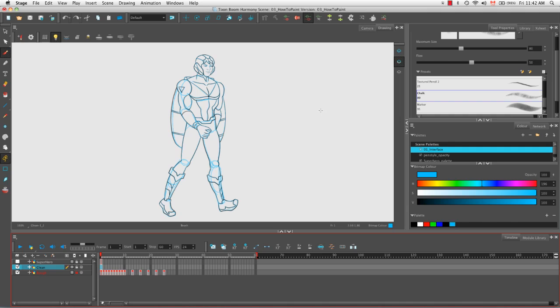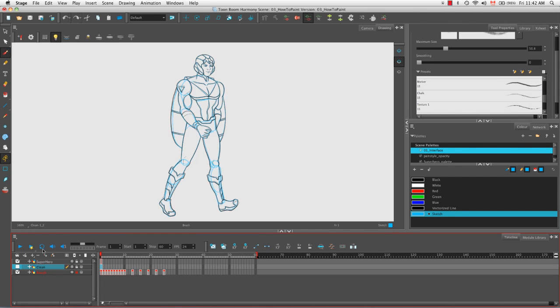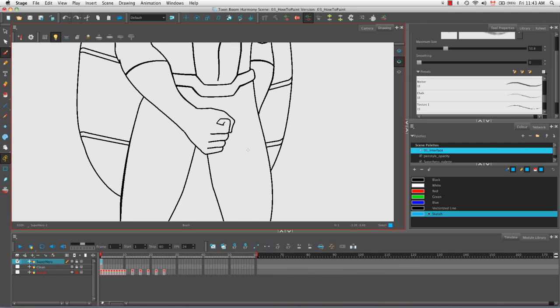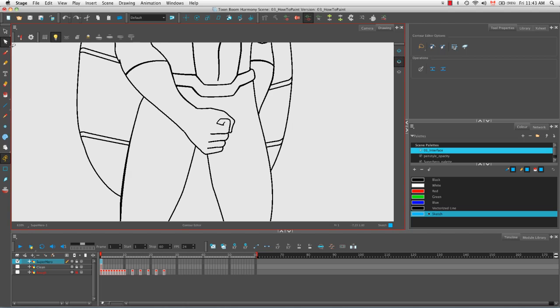Okay, so in the last tutorial I outlined the rough of our superhero character using the brush tool on a bitmap layer, but in fact what I would like to have is vector outlines. So what I did is I retraced our character using the pencil tool, and if I get rid of the rough and select the superhero layer, you can see that. I'll zoom in a bit so you can see that these are in fact pencil lines, and if I select the contour editor tool and I select one of the lines, you can see that